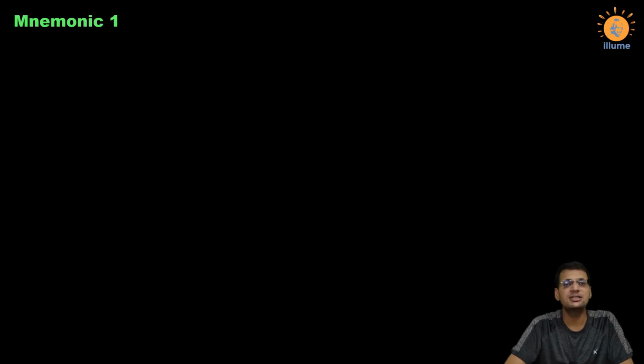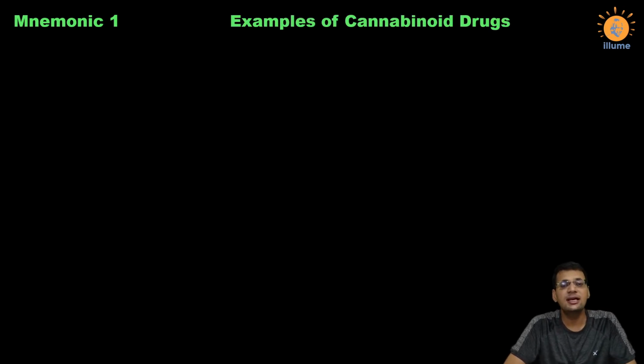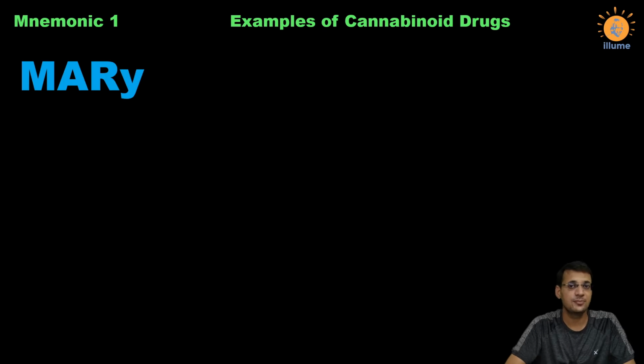Today we are going to discuss some mnemonics that would help us remember some basic examples and some basic terminologies that are frequently asked in the NEET examination. Let's start with it. The first mnemonic is to learn the examples of cannabinoid drugs. You must have learned about opioid drugs, cannabinoid drugs, cocaine. So today we are going to learn the examples of cannabinoid drugs by a very simple mnemonic, and the mnemonic